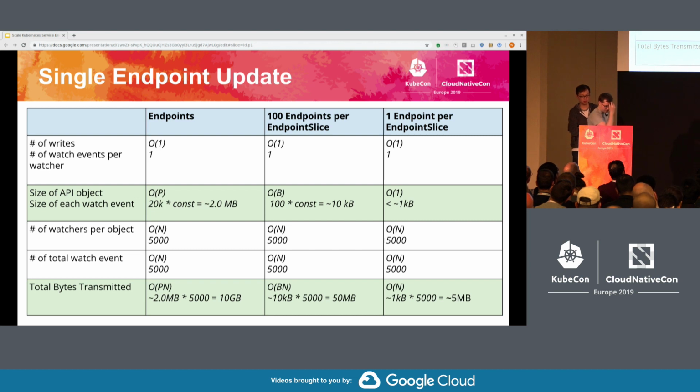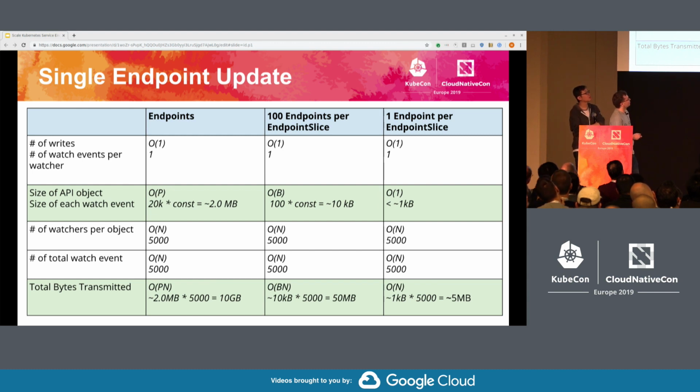So in the first scenario, a single update of a single endpoint, the number of writes doesn't change. There's always one write, or roughly one write. But the size of the object obviously changes significantly. Currently, it would be roughly 2 megabytes. With 100 endpoints per endpoint slice, it would be 10 kilobytes, and here it will be less than a kilobyte.